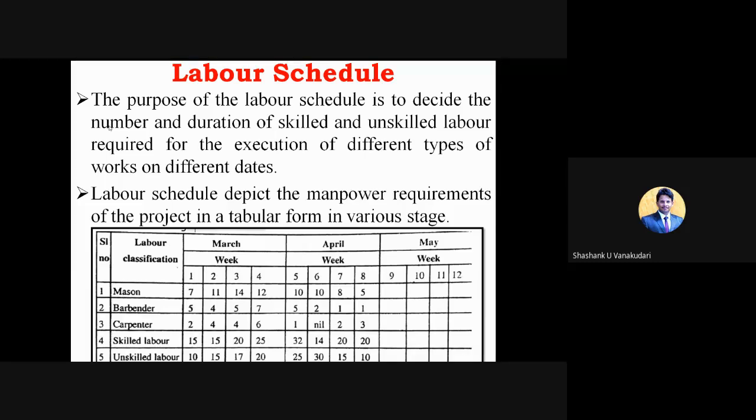Here, as per the requirement of a project, I mean as per the resources provided by the top management, for example, for a particular construction work, the top management will be assigning 50 labors. So as per the total availability of the labors, the duration as well as the amount of work can be calculated.